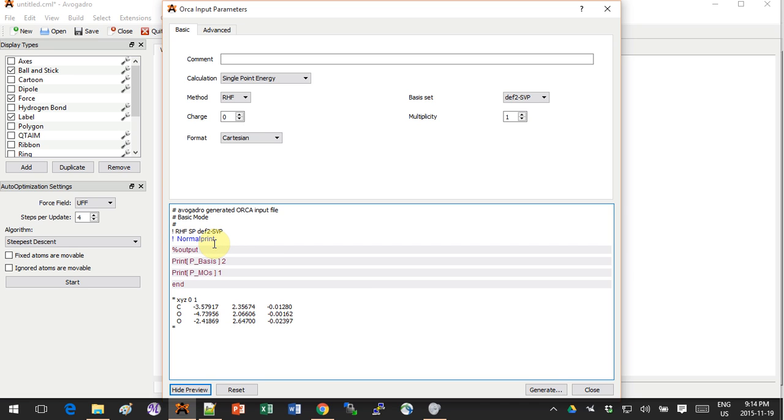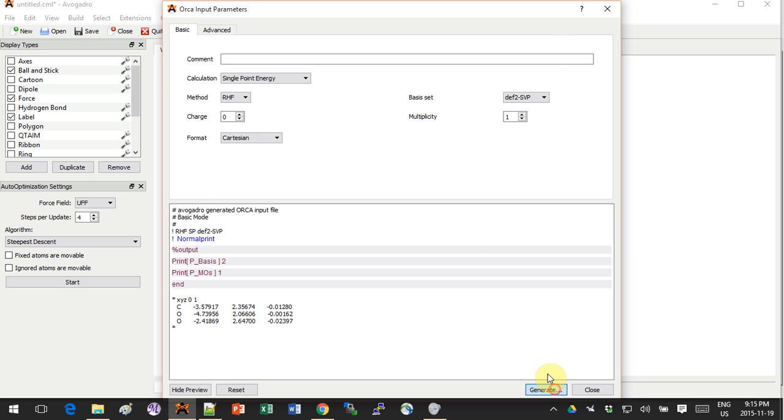So what does this do? These lines I found were necessary if you want to have the possibility of looking at the molecular orbitals using Avogadro. If I don't put these lines, for my version of Avogadro at least, I can't see them. They're in the output file as numbers, but for some reason they don't get translated into images. I don't know why. So now if you're ready, you can just click on generate